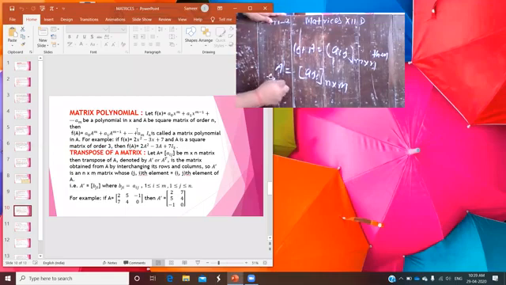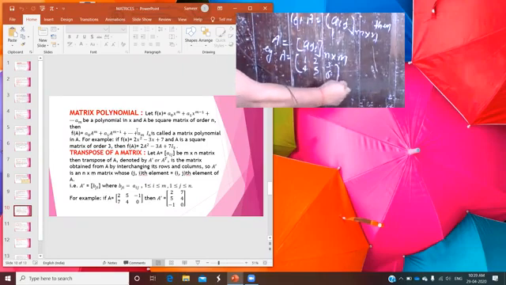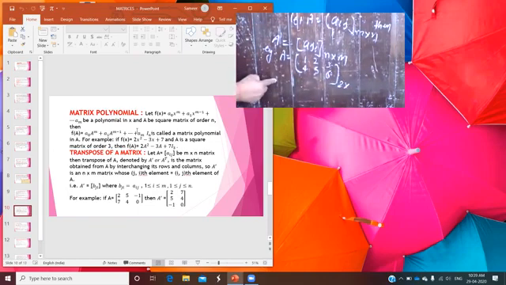For example, suppose matrix A is given as 1 2 3; 4 5 6. How do you find its order? First count the horizontal lines: 1, 2, so 2 rows. Then count the vertical lines: 1, 2, 3. So the order of this matrix is 2 by 3. So A transpose is